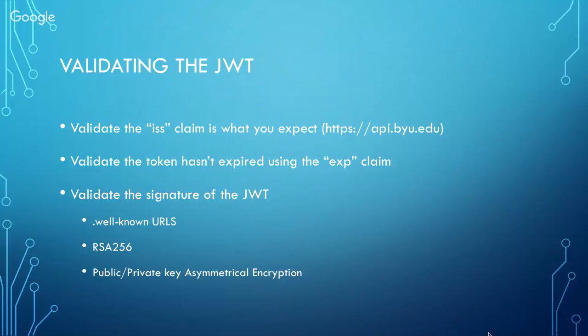So because the JWT isn't necessarily trivial to validate, there's a million JWT libraries out there, but some of them only validate the signature. Some of them do validate issuer and expiration. Some of them only validate one or the other. It kind of just depends on the library, what things they force or don't force. And so because of that, as well as tacking on the OpenID Connect standard,